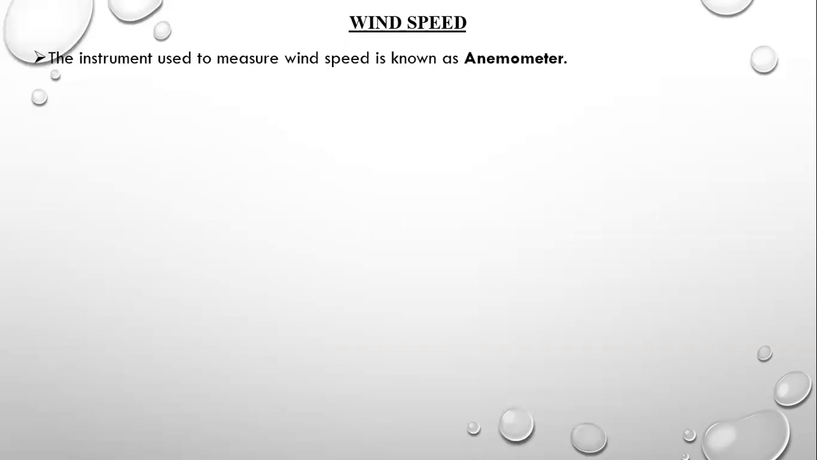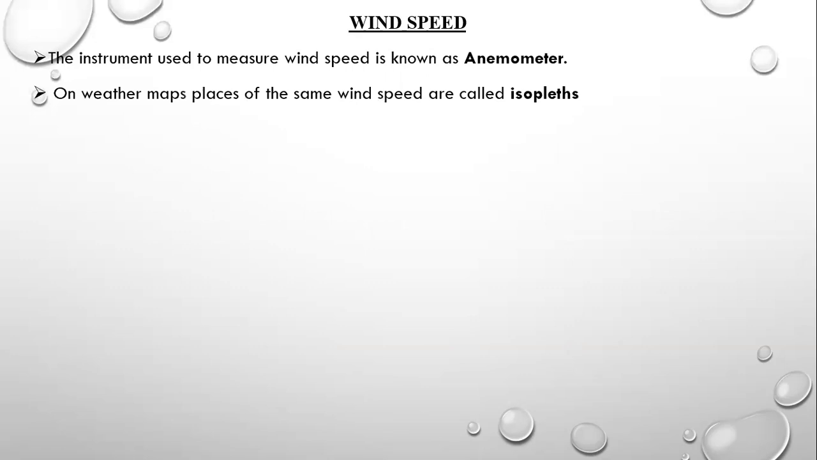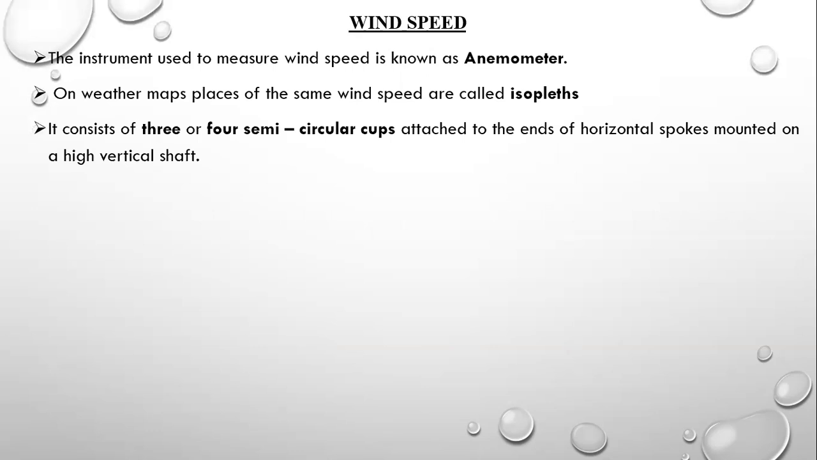Now, the instrument that we use to measure wind speed is known as an anemometer. On weather maps, places of the same wind speed are called isoplates. It consists of 3 or 4 semicircular cups. That's an anemometer. So an anemometer consists of 3 or 4 cups